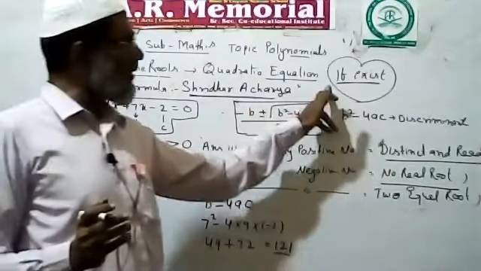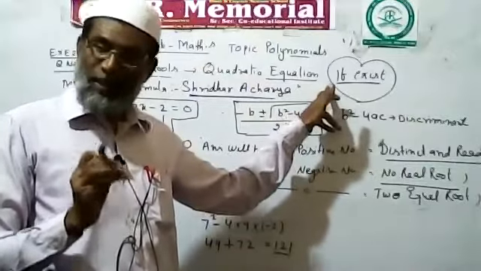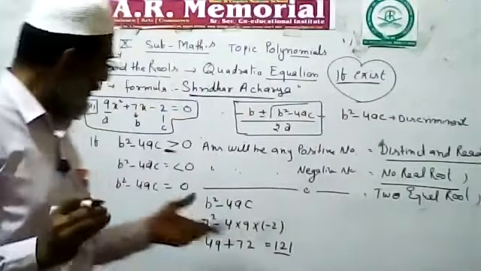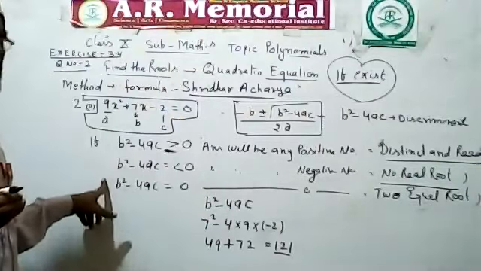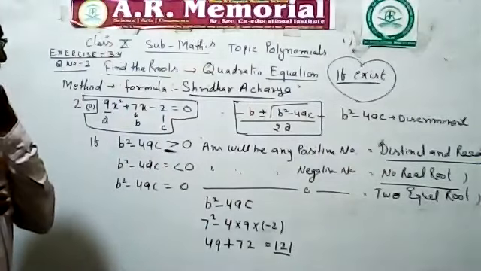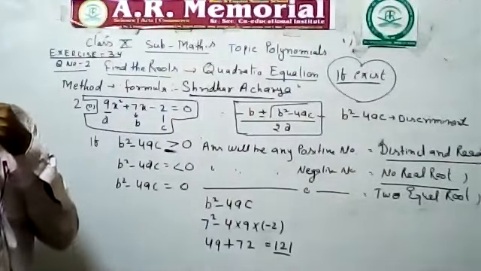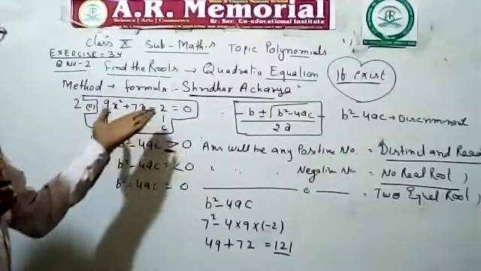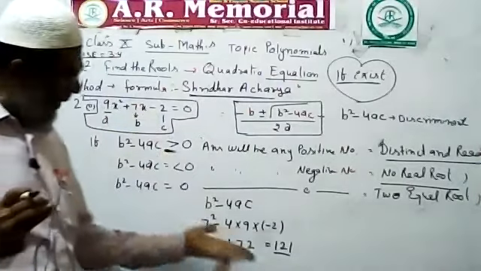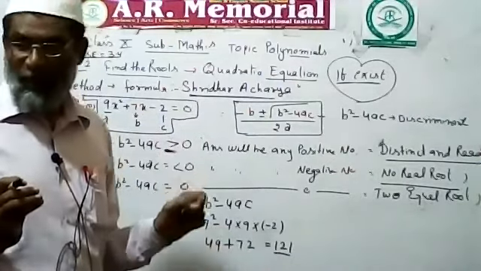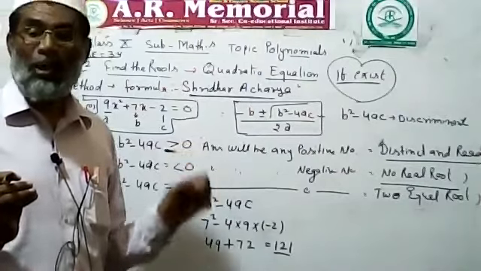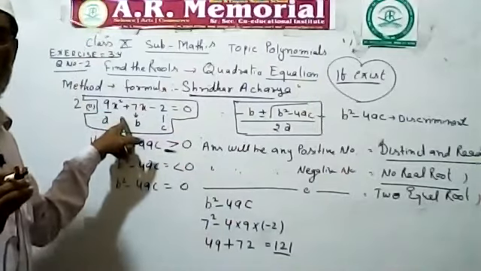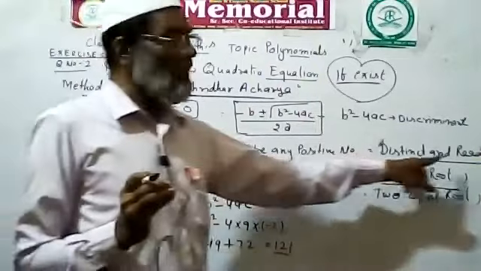It is the decision: do the roots exist, real roots or not? Yes, real roots exist. Sir, how can you say that? It is so simple. First you solve b square minus 4ac. So how can we get a, b, c? It was in the last 7 or 8 videos. The coefficient of x square is a, of x is b, and only the constant number is c. Put the values. I got 121 equal to b square minus 4ac. It is positive, so this quadratic equation has real and distinct roots.